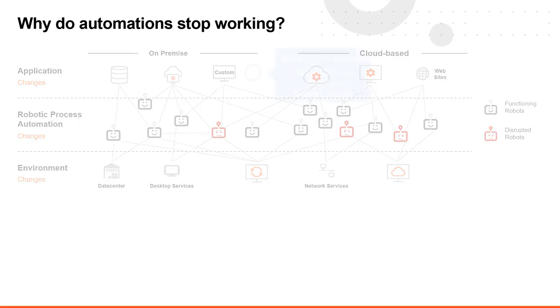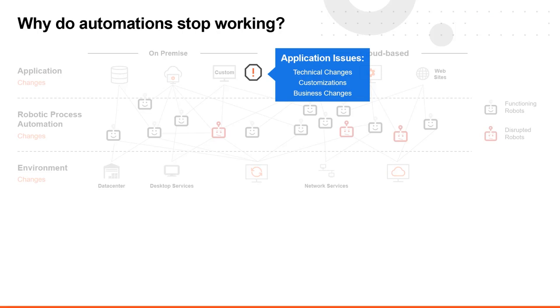The first problem group is centered around application changes. These changes are typically introduced through software development by adding new functionalities, new controls, or new interfaces to the application that are part of the automated business process. If we do not incorporate such changes into our RPA process in a timely manner, our robots will fail during